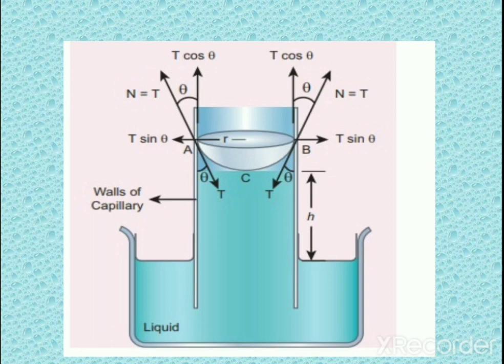If we consider the whole surface, the horizontal components all cancel each other out and only the vertical components are effective. All these vertical components are added up, so we get the surface tension T, which is equal to